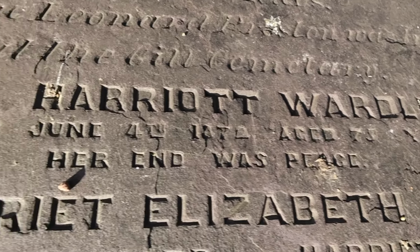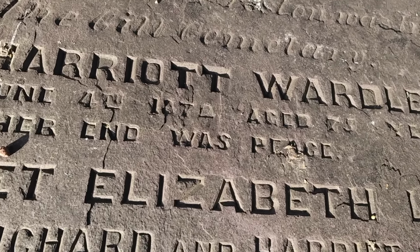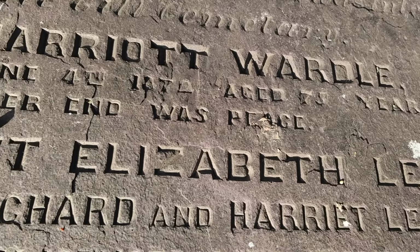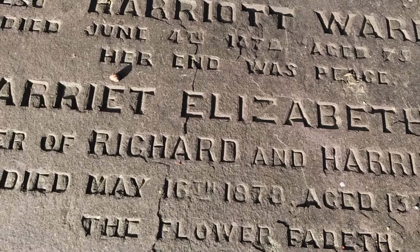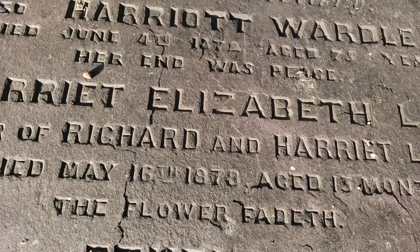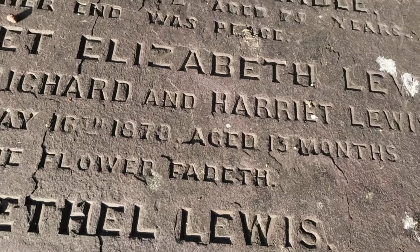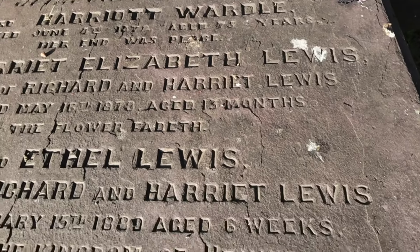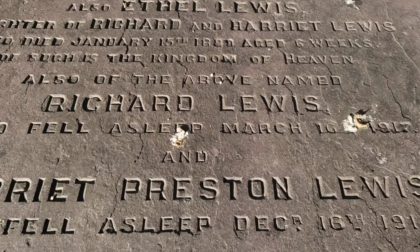And then it mentions also Harriet Wardle, who died June the 4th, 1872, aged 75 years, at end was peace. And then also Harriet Elizabeth Lewis, daughter of Richard and Harriet Lewis, who died May 16th, 1878, aged 13 months. The flower faded. I'm going to move back now because I should be able to read this from back here now. I just didn't want to put my shadow over it. I think I'm alright. Also Ethel Lewis, daughter of Richard and Harriet Lewis, who died January the 15th, 18...